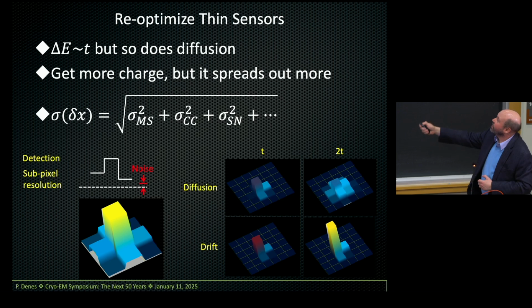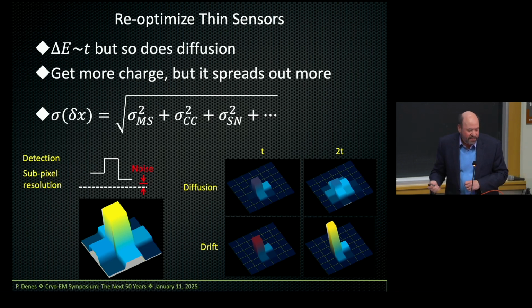So again, these are the things that are limiting us. We can overcome this by doing drift. That helps with signal to noise, helps our detectability, and then we can now optimize to get a sensor that does the best it can for multiple scattering for a thickness that